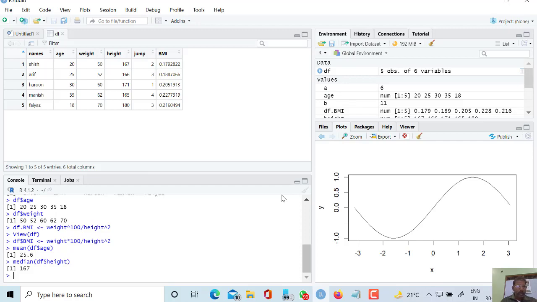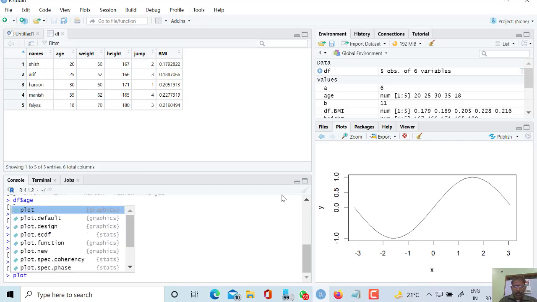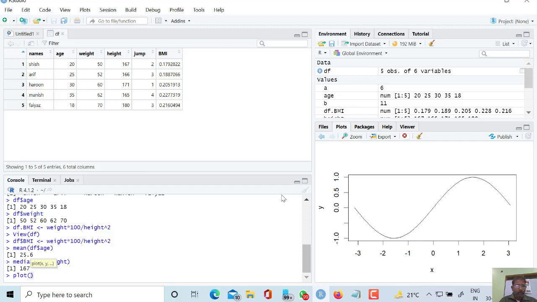Likewise, we can plot by taking any two factors from this data frame. Suppose I want to plot between age and weight.